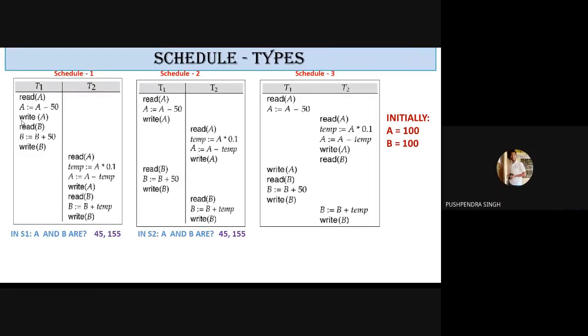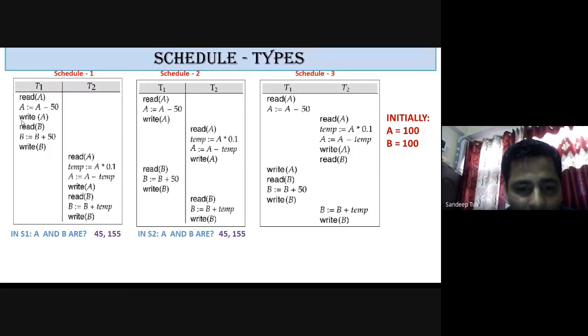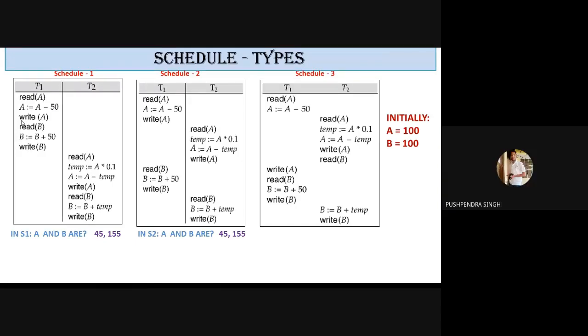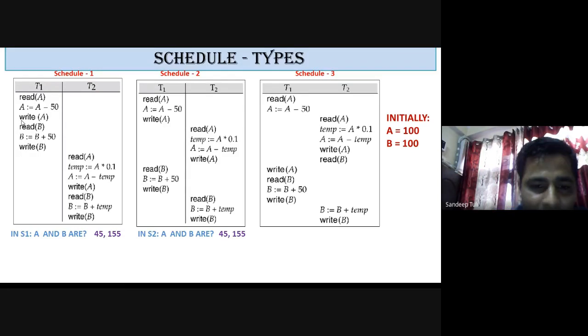Okay. Now listen, in schedule S1 it is serial execution, in schedule S2 it is non-serial execution. So what happens actually? The system manager or database manager, or you can say a programmer, an SQL query writer, somehow tries to manage the steps in such a way that the result will be same. हमने क्या किया बेटा, यहाँ पर हमने कुछ इंटरलीविंग की ऑपरेशंस की किसी तरीके से कि हमारा रिजल्ट सेम आ जाए, ये हमें करना पड़ेगा. That is done on the programming end actually. Okay, we need to make the interleaving in the transactions.